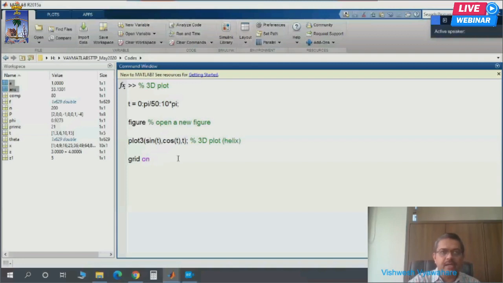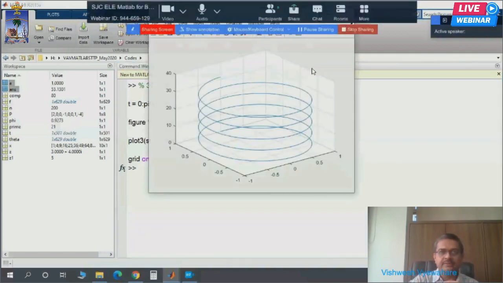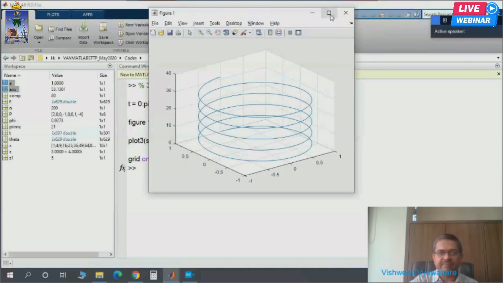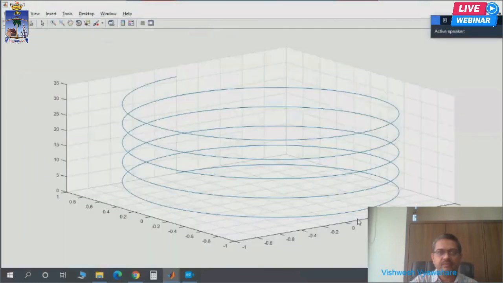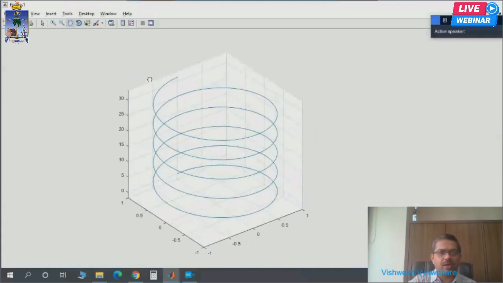Let me run it here, and let us see what answer we get. Yes, so you have got a 3D plot. I have not added the X label, Y label and Z label here, but you can add them. Now let's say I want to rotate this plot.